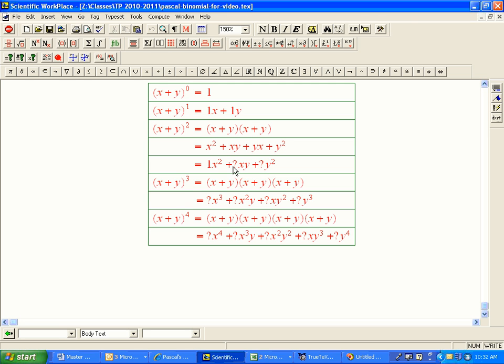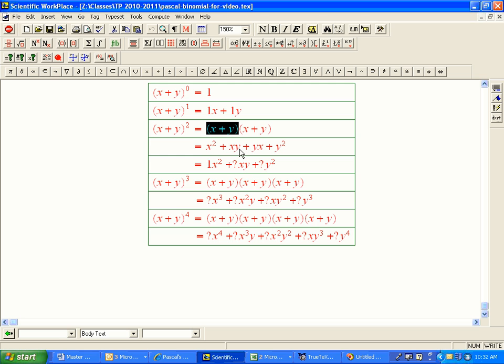Okay. But what about here? This turns out to be a 2, because I can either pick x or y here, and then I just have to pick the opposite one here. Or another way to say it is, let's look at each of these factors. The x plus y is the first factor, the x plus y is the second factor. And I want to figure out how many ways I could highlight one of those factors where I'll pick an x. So suppose I highlight that one and I say that's the one where I pick an x, and in the other one I pick a y. That's one way I could do it.